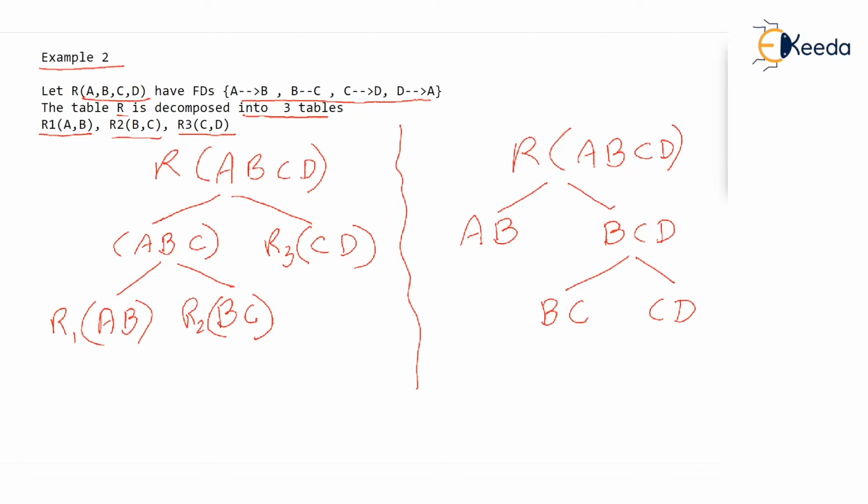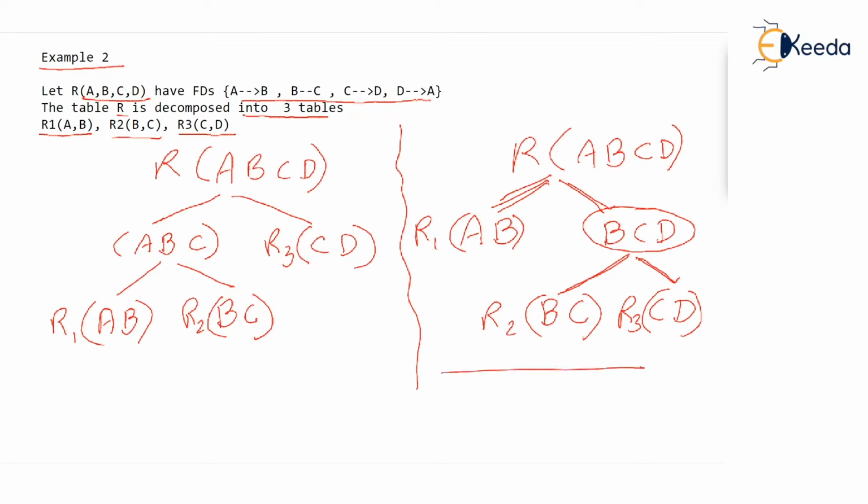So we got R1 as AB, R2 as BC, and R3 as CD. Obviously, because at a time you decompose any given table only into 2 tables. Then further, a larger table might be again decomposed into 2 tables. So if we consider this second possibility is what might have happened,